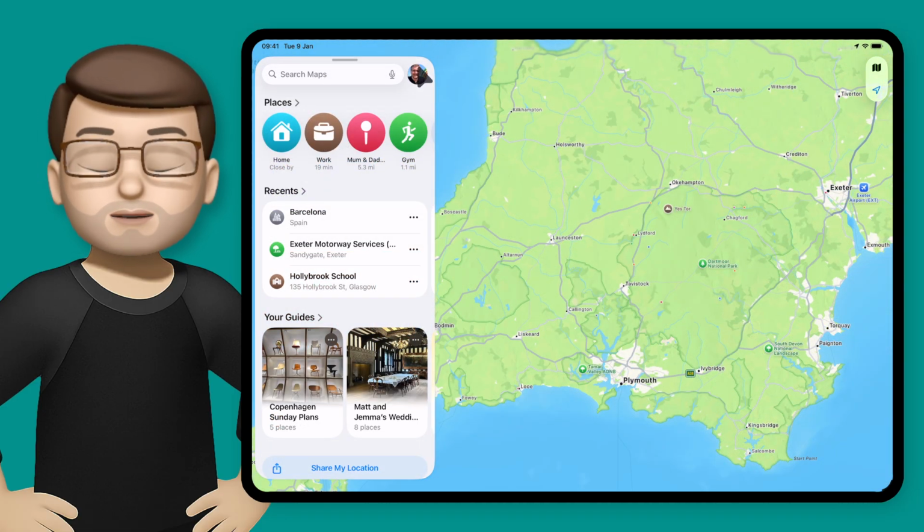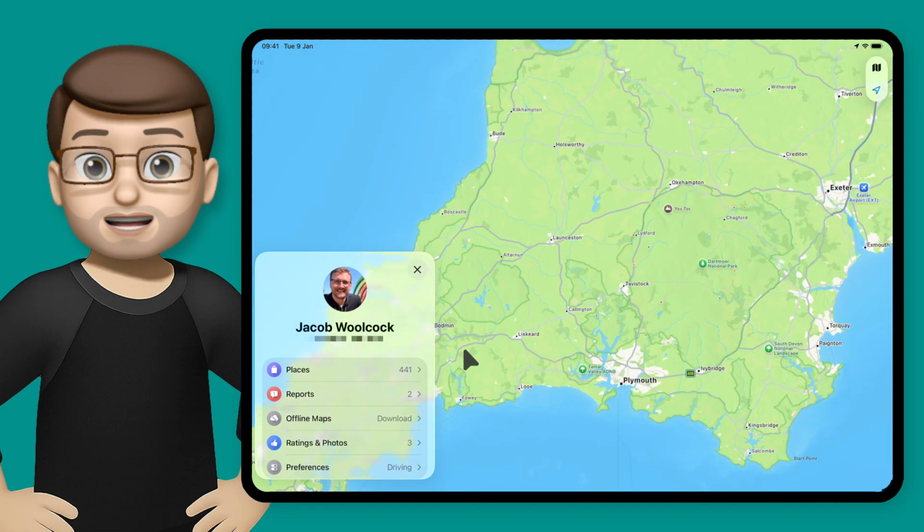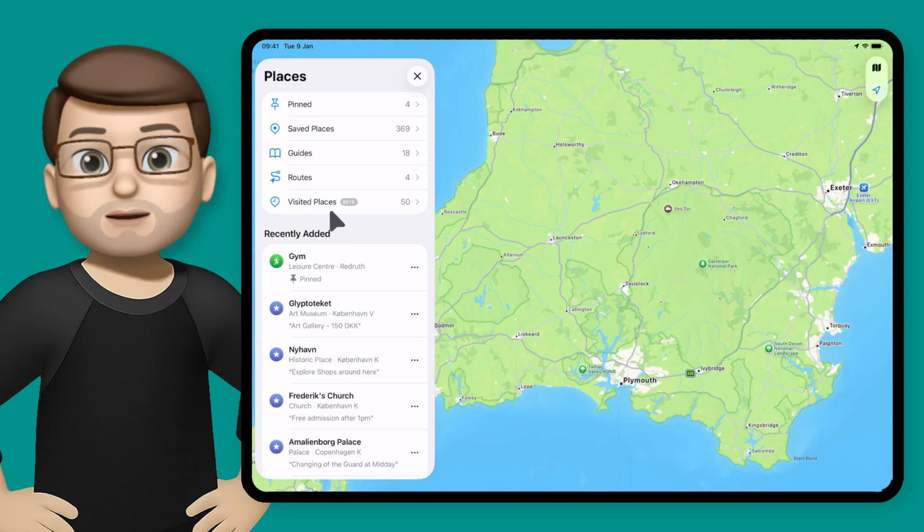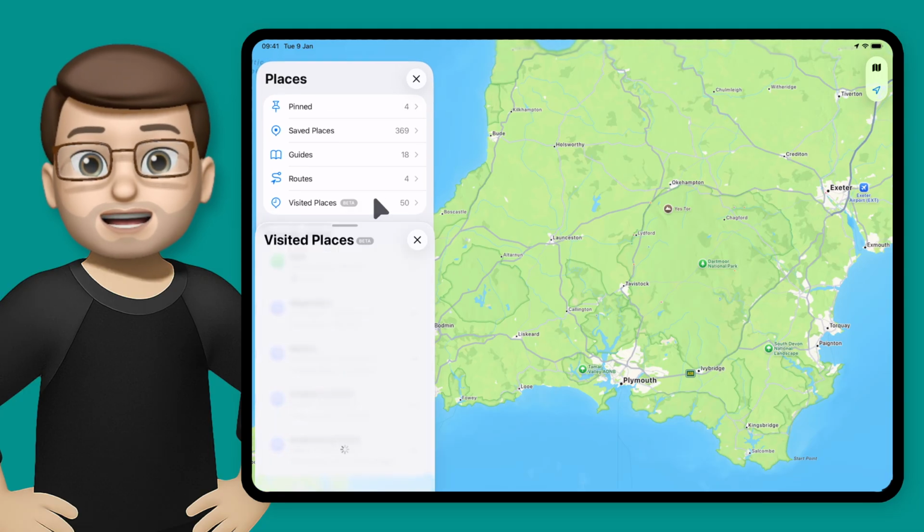So all we're going to do is tap onto the profile picture, and then we're going to select the Places option. This has been here before, but there's a new option now called Visited Places. But when you tap onto there, you're going to find all the places that you've been recently that your device